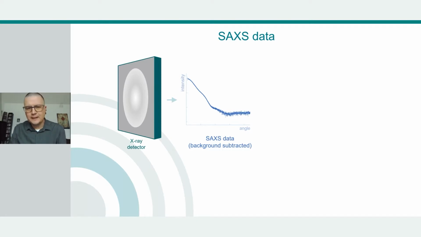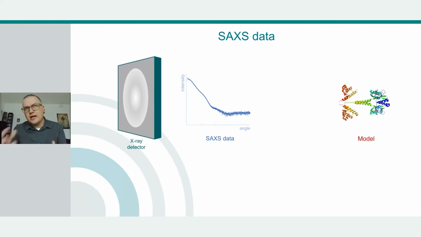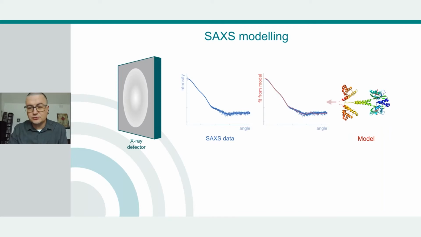I will give you a very brief overview of what you can actually do with the ATSAS software. My favorite data analysis approach is when you have a model of whatever particle you are studying. If you have a model, you can compute the scattering from this model and compare it to the experimental data. You can also do some atomistic modeling, for example, by changing this model in the hope that another model will fit your experimental data.